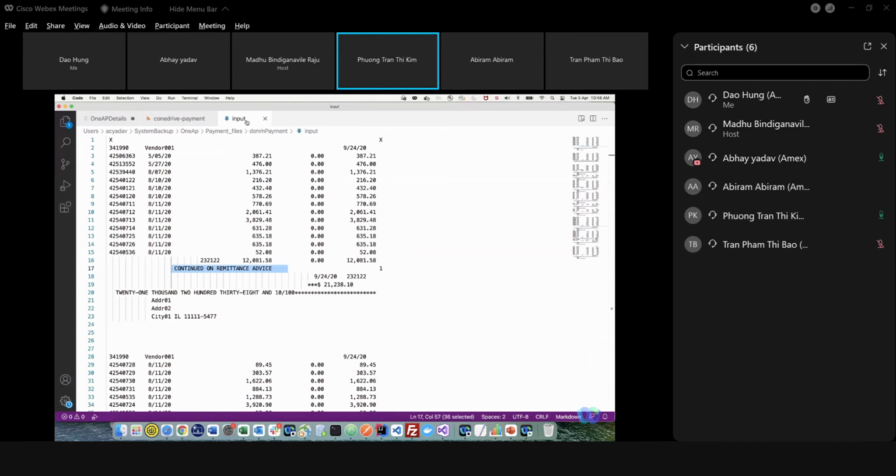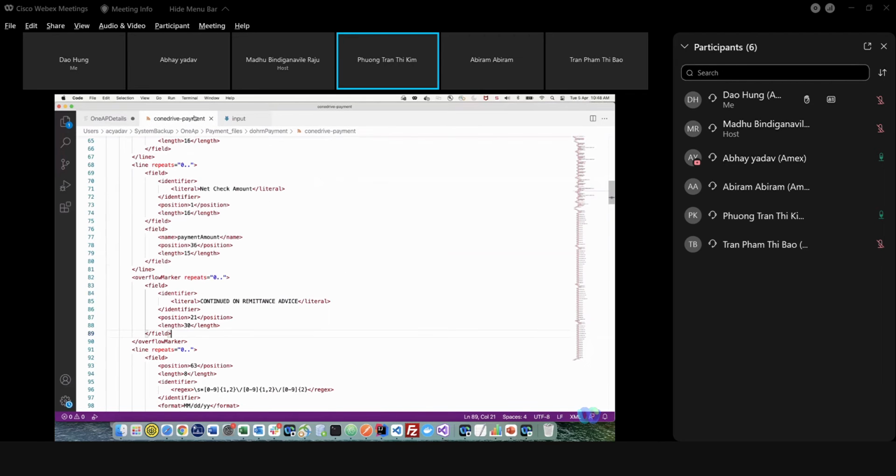In this case, if we have overload in one single file, we just define it like this, right? Yes. So this way we are saying to the code base or to the repo or to the libraries that this is something that we expect will be there in the files, and it can be a single repeater, or it can repeat multiple times, and the positions will start from 21st, and the length will be maximum 30, and this will be the text continue on remittance advice, and the tag that we have used is the overflow marker, so that